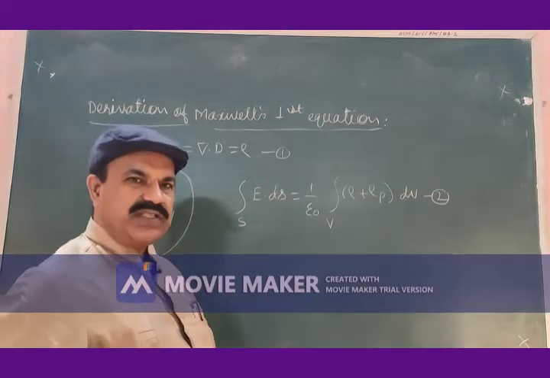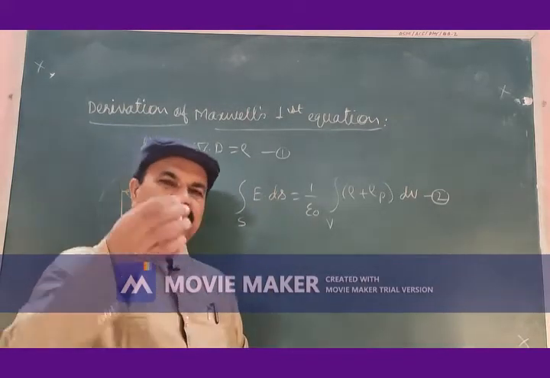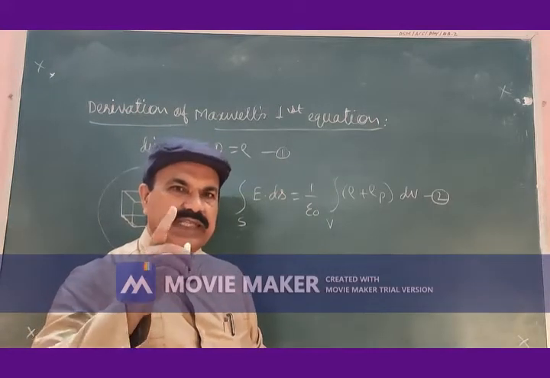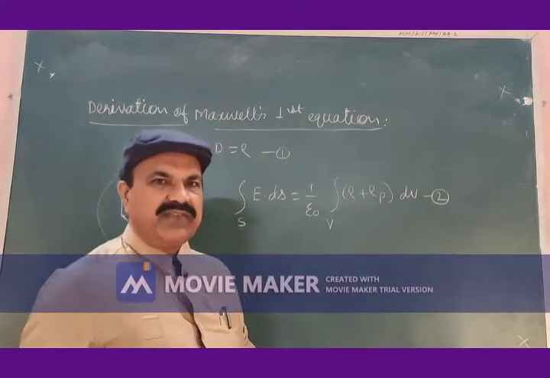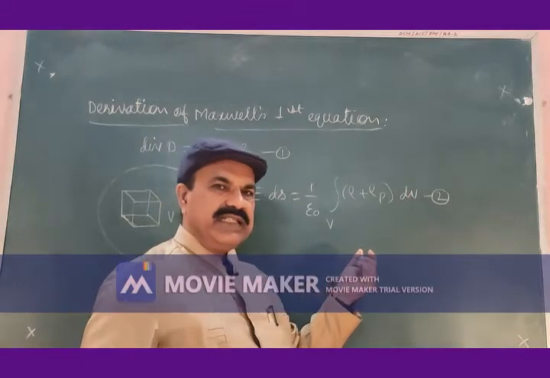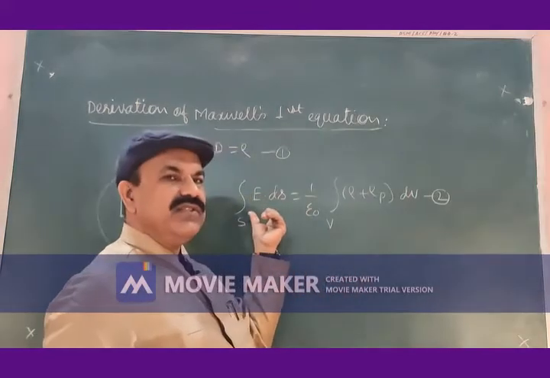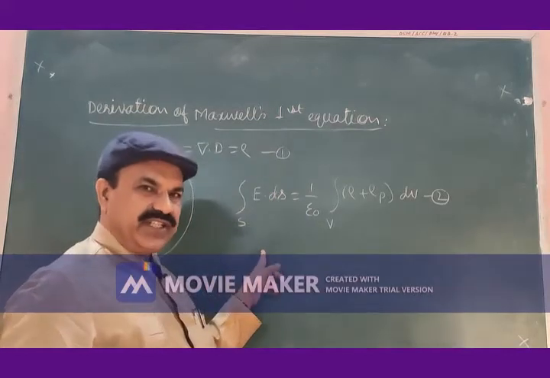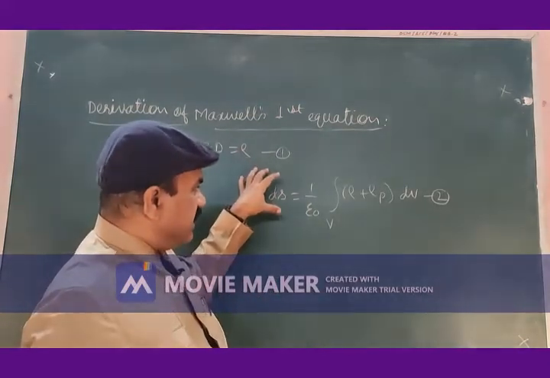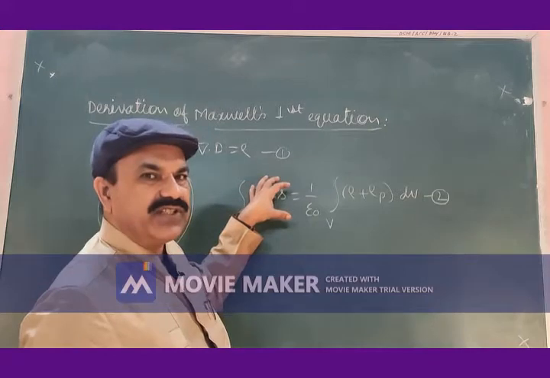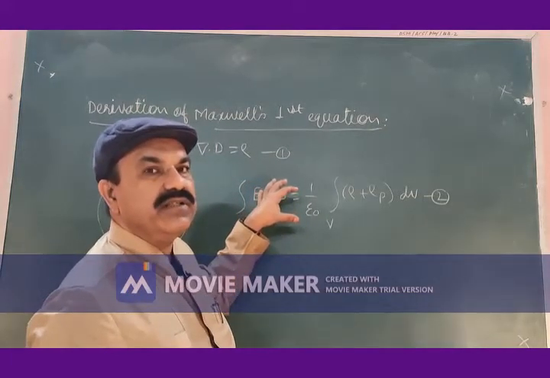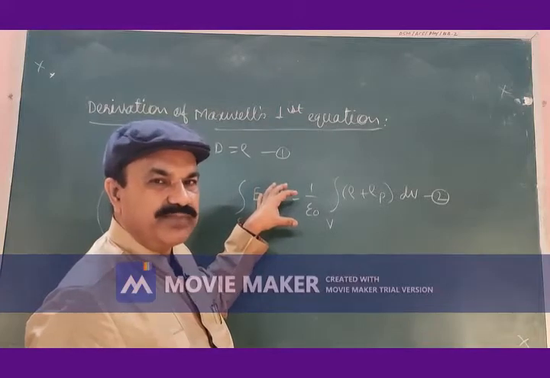On this smallest surface element is the perpendicular or normal component of the intensity of electric field, and this intensity of electric field is to be found over the whole surface. So integration, this intensity of the electric field at every point on the surface in normal form